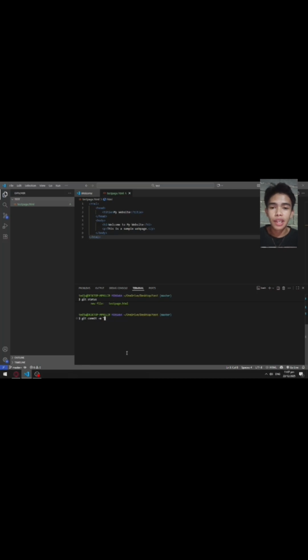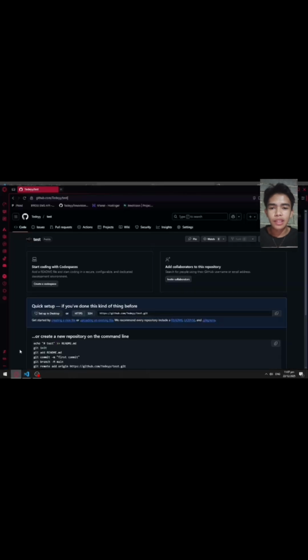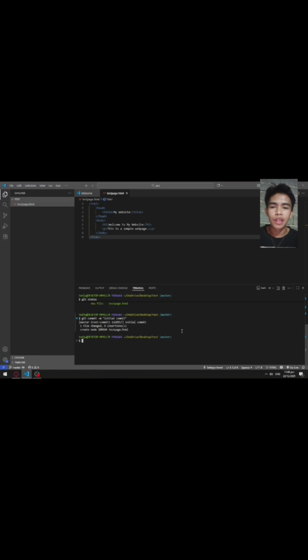So git commit -m "initial commit". Then go to your account, as you can see, that is it. So go to your account and copy your GitHub repository link, to push your project Git into your account in GitHub. Another line is git remote add origin, then paste the link of your account.